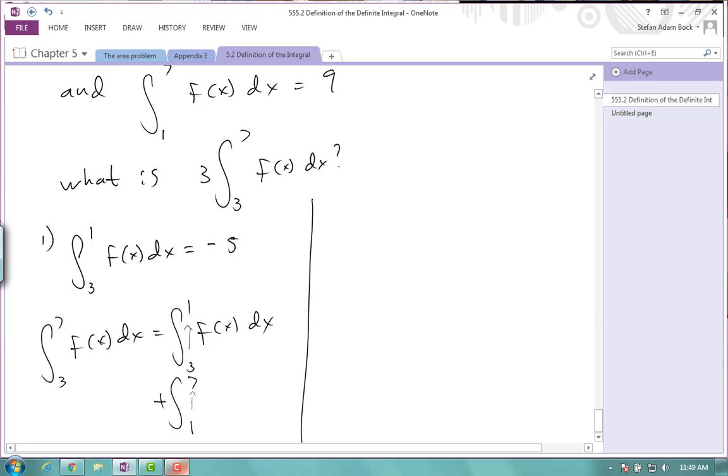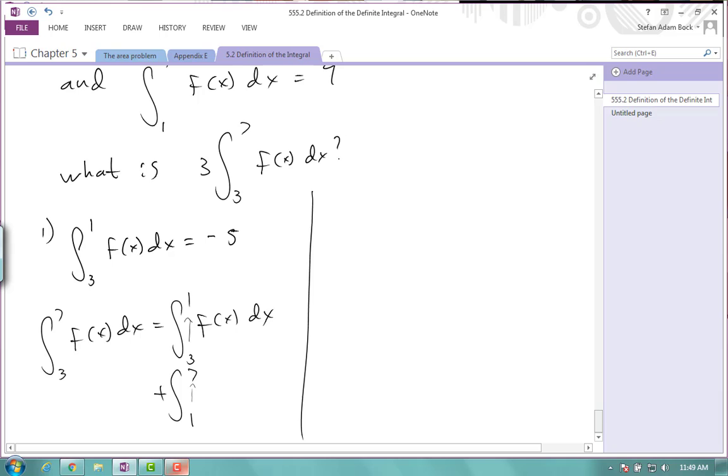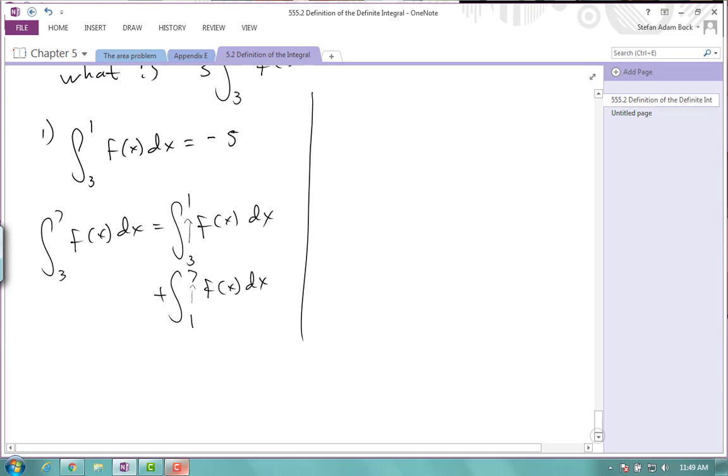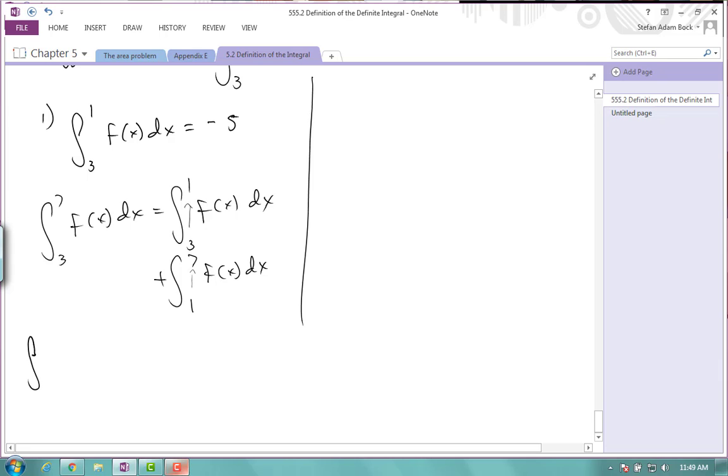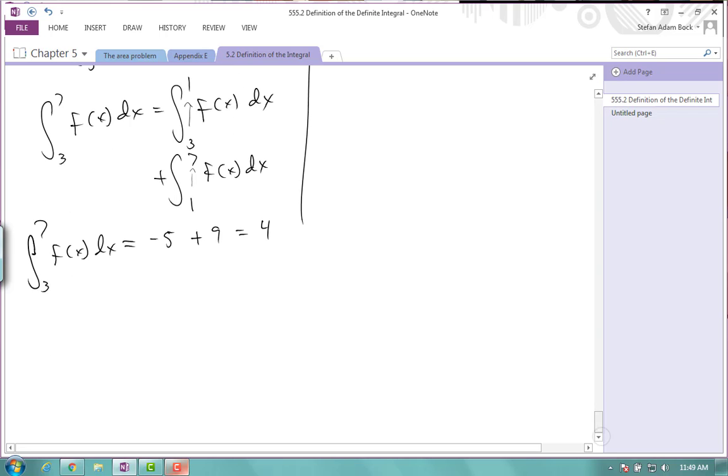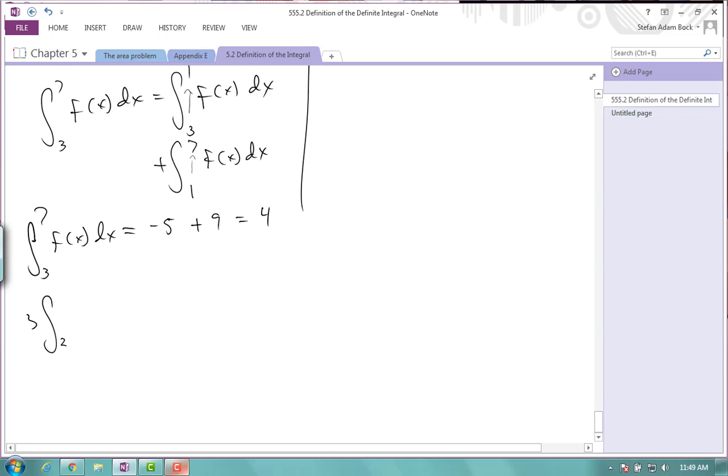So in the end, I've gone from 3 to 7. Which means the integral from 3 to 7 of f of x dx is equal to -5 plus 9, which is equal to 4. Which means 3 times the integral from 3 to 7 of f of x dx is